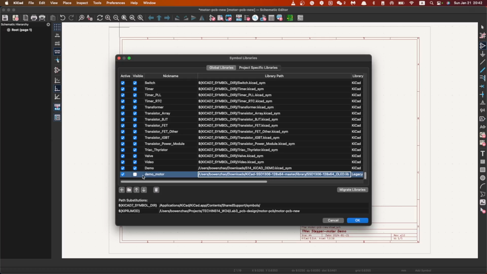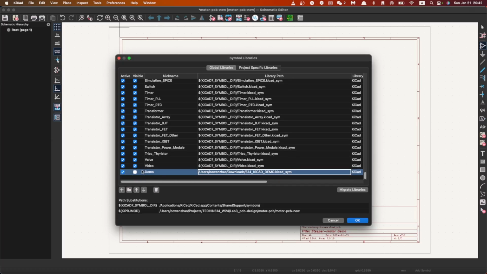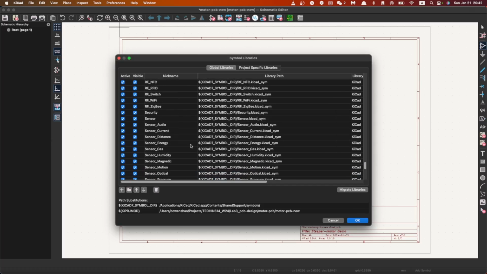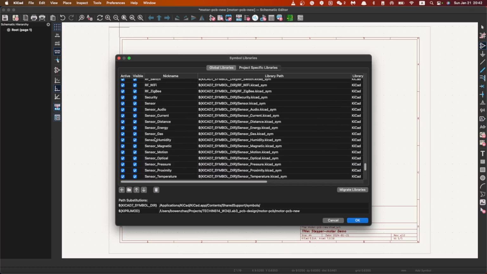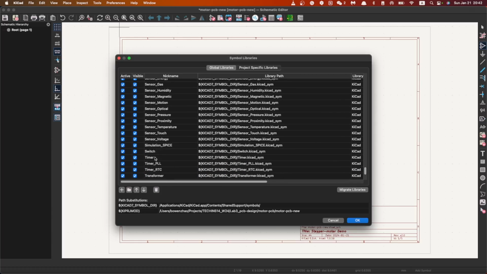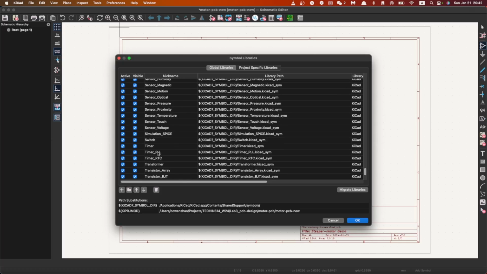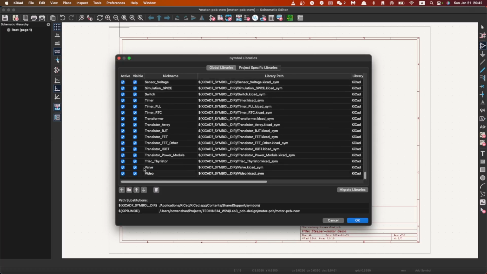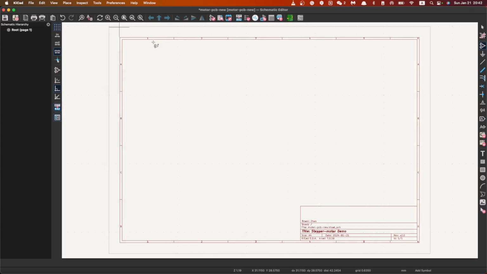I will just go through that with you again, which means I'll delete these symbols I've imported for this project first, and I'll add them back all over again, just for your reference. Okay,